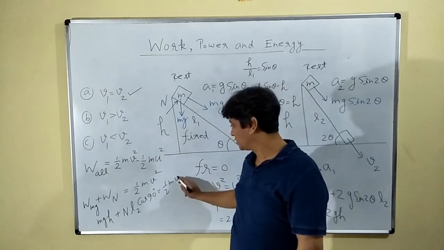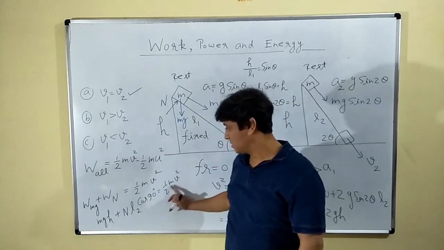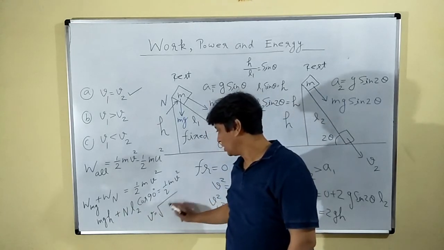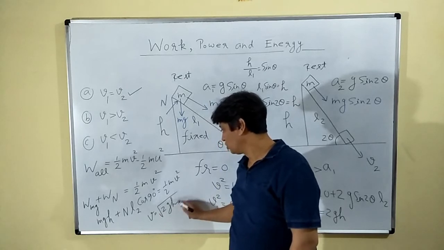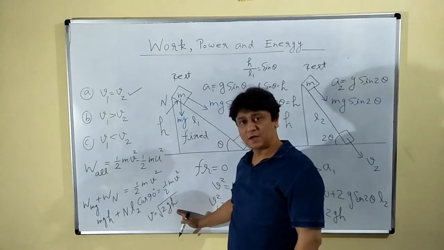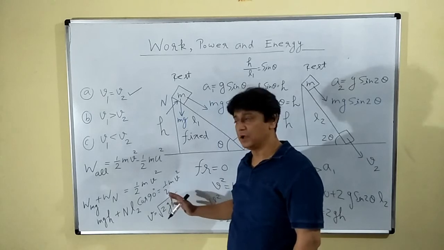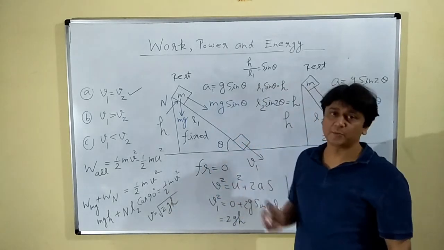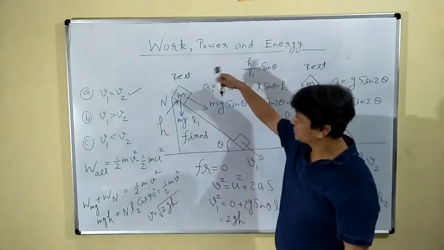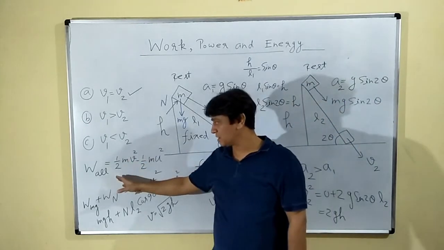Just because of this, now you can see this whole part is what? 0. M cancelled. Your V is coming what? Root over 2gh. What is special in this? It says that this V has nothing to do with theta. इस थीटा की अपने को कहीं जरूरत नहीं पड़ी. इनफैक्ट हमें सारे फोर्सेस एंड ऑल को रिजॉल्व करने की भी जरूरत नहीं पड़ेगी अगर आप वर्क एनर्जी अप्रोच को